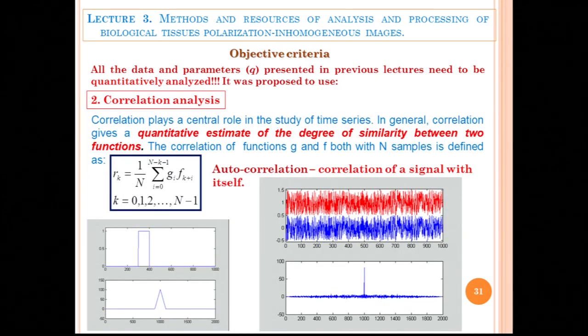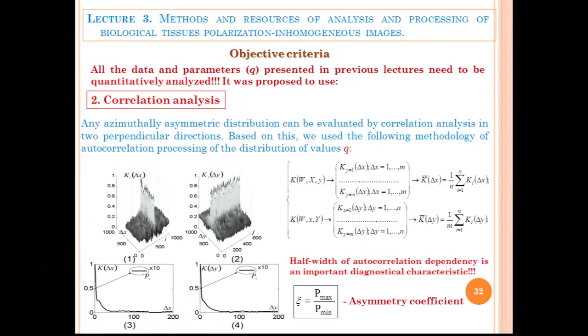Okay, the second one is the well-known correlation analysis and autocorrelation analysis. So, you know this formula, yes? It's an autocorrelation, a correlation of a signal with itself. What can we do with this? For example, in order to diagnose,